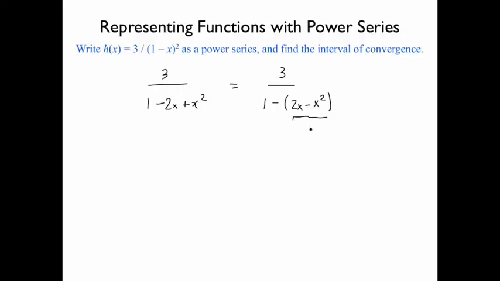And then r would be 2x minus x squared. But then let's think about that. Then we'd have 3 times 2x minus x squared to the n. And what's that going to mean for large n? What happens? The bigger that n gets,